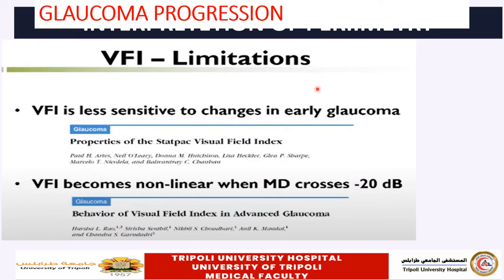from the pattern deviation probability plot. Now, if the mean deviation of the study is dropped below minus 20 decibel, at that time the pattern deviation probability plot will not be created, and hence the visual field index will not be reliable at that time, and it will be extracted from the total deviation or from the mean deviation. So it is very important to make sure, when you interpret the study, that the mean deviation has not dropped below minus 20 decibel, and that your visual field index is extracted from the better deviation,